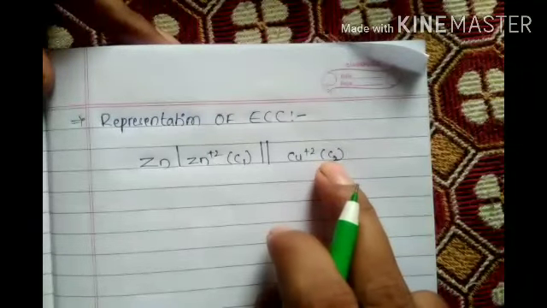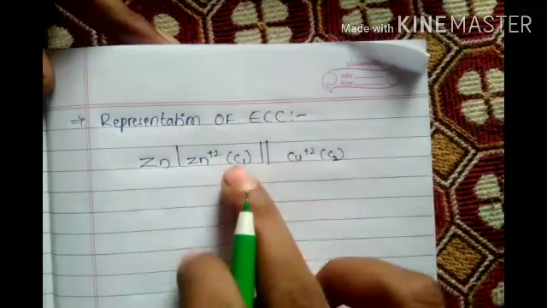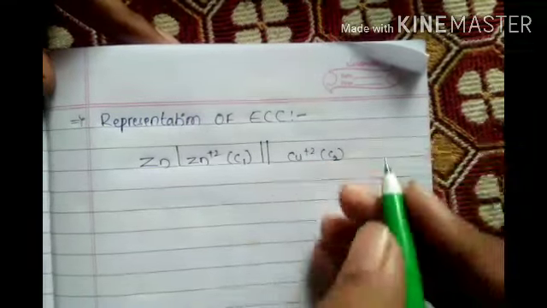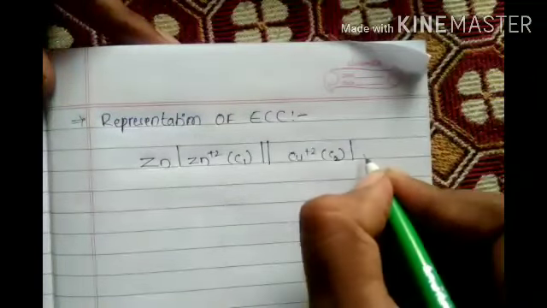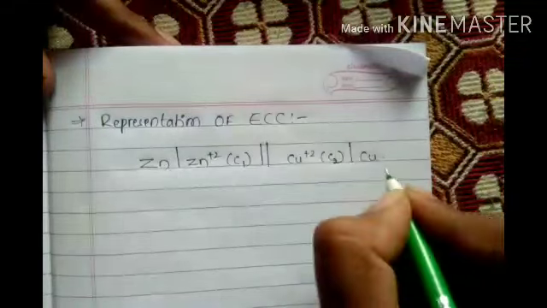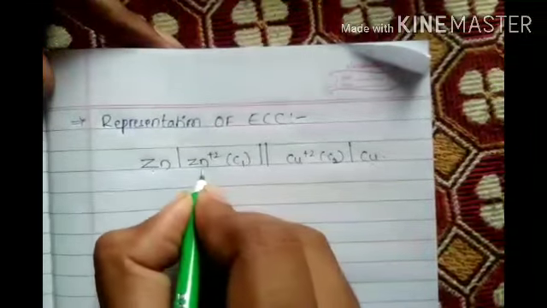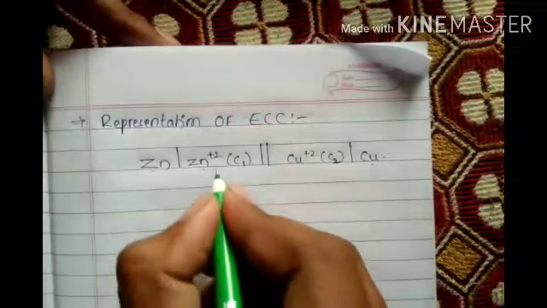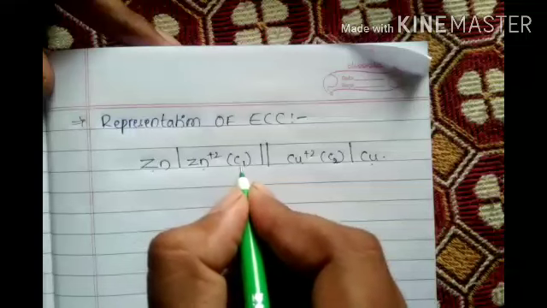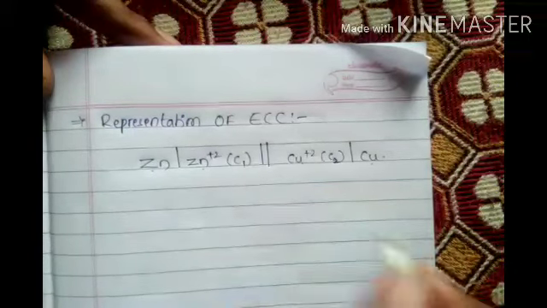Copper 2+, some concentration or whatever information is there, we have to take that information in a bracket here and here. Now next again a single line, next copper rod here, zinc rod here, copper solution here, zinc solution here. It is the salt bridge. Here the concentration is there, for example 0.1 mole or 1 mole, whatever it is, all the information we have to write at the C1, C2 place.